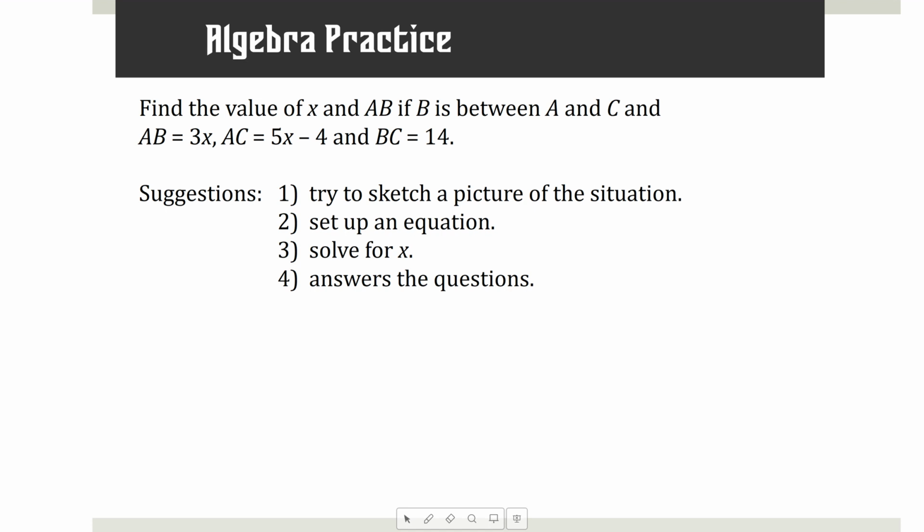Sorry, I lied. We have a segment AC, and B is between A and C. And then we have some algebraic values for that. So what I'd like you to do first, before I get into the actual calculations, is draw this situation in your notes. You've got a segment AC with B being between A and C. Draw that first, and then we'll move on from there. And again, it doesn't matter where you put B as long as it's between A and C.